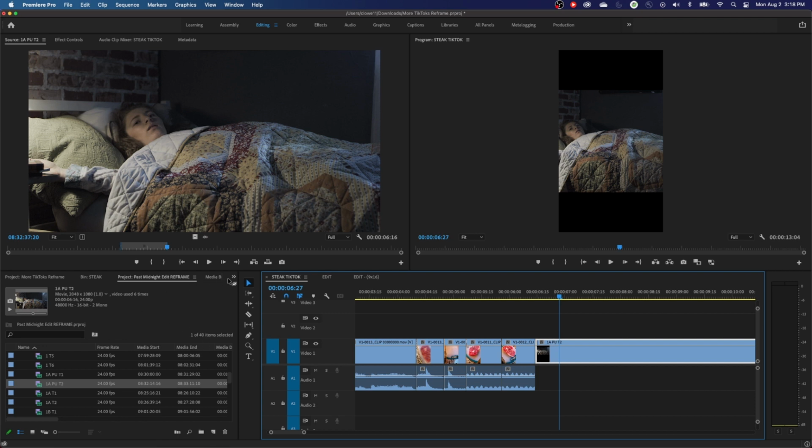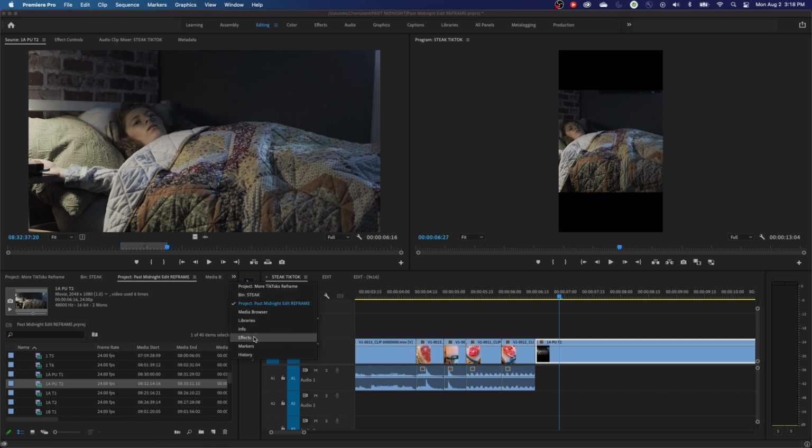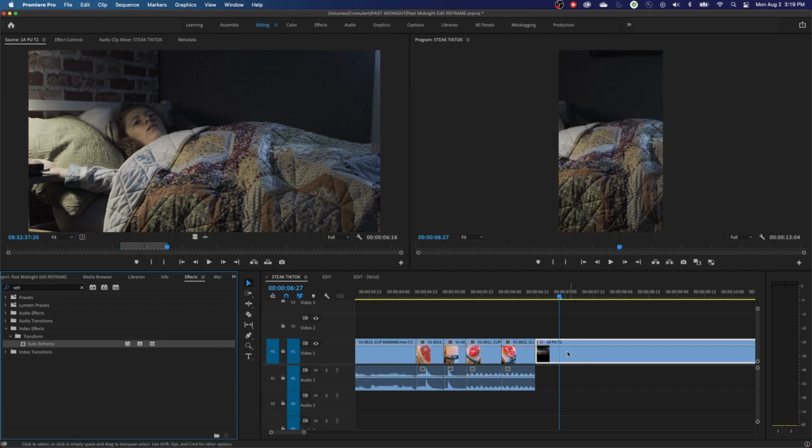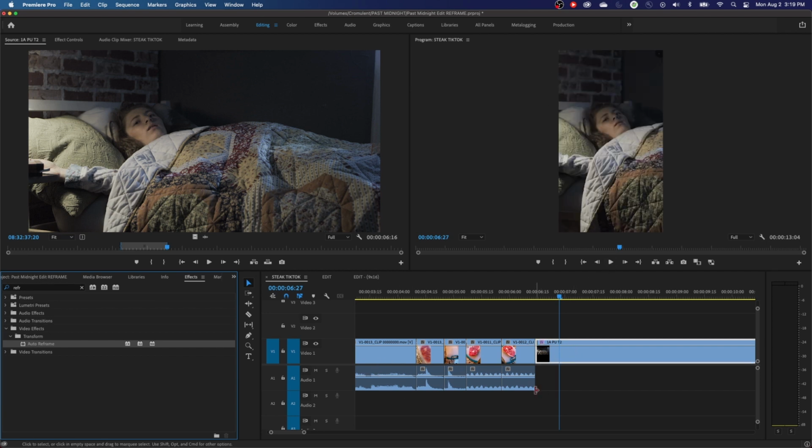Now we're going to go to our Effects tab here in the project area, and let's just type reframe, and it brings up Auto Reframe down there. And I can grab that effect and drag and drop it onto this clip that's already in the timeline. So you can either do it to a whole timeline, or you can just do it to a clip. I'm going to drop it on there, let go, hit analyze, and then it suddenly adjusted, and there you go. So I did a really quick analysis, and now as I play through this,